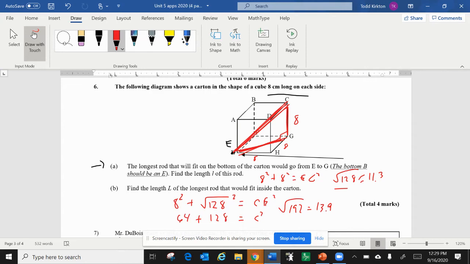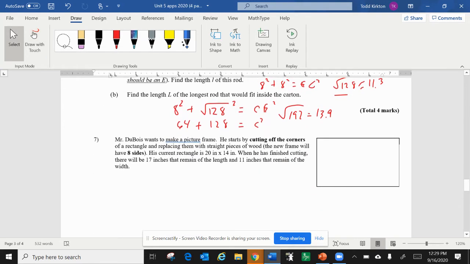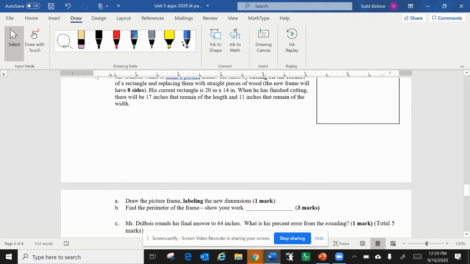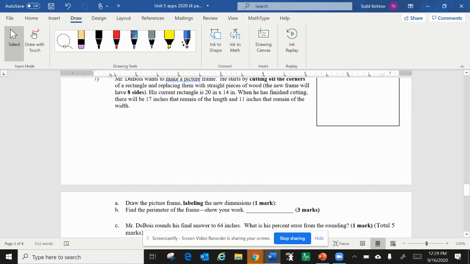So, fairly common IB question. Just want to show you that so you see it. Number 7, this was not an IB question. This was a question that we made up just to get you thinking about some different concepts going together. So what happens here is you start off with a 20 by 14, you end up with a 17 by